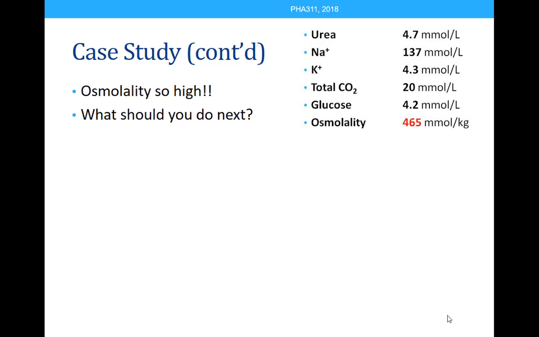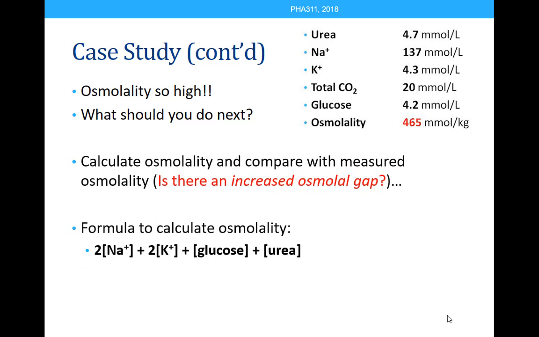How can you calculate osmolality? How do you know osmolality? There are two methods, right? You can either directly measure osmolality from serum or plasma, preferably serum, or you can use a formula putting in sodium, potassium, urea, some other stuff, and you can calculate osmolality. Remember or not? Is it ringing any bell? Okay, good. So you calculate osmolality and you compare it with this osmolality which was directly measured in the serum,